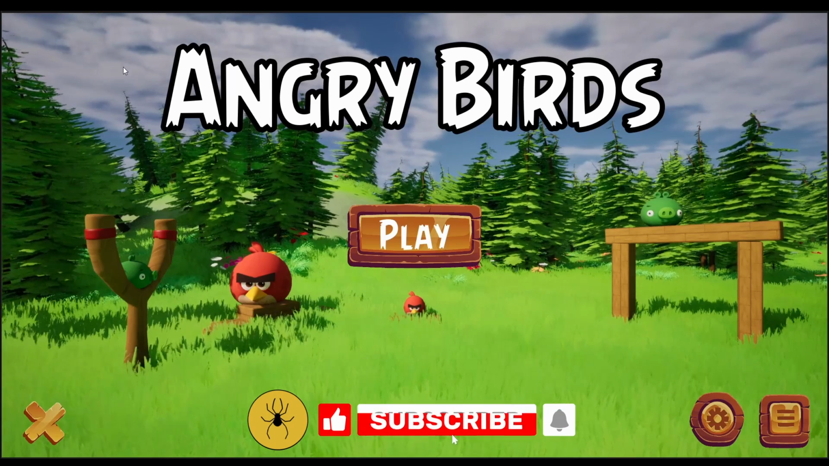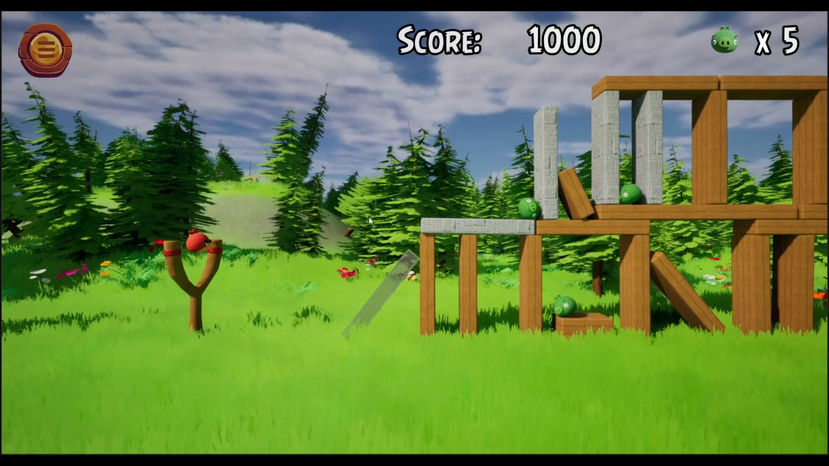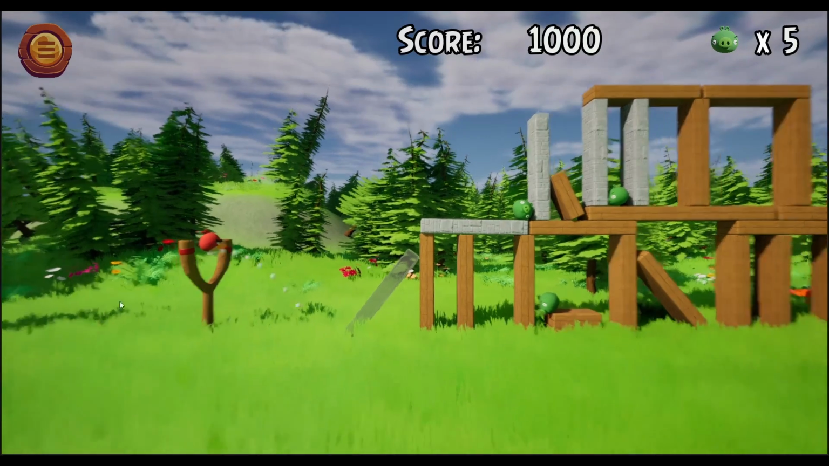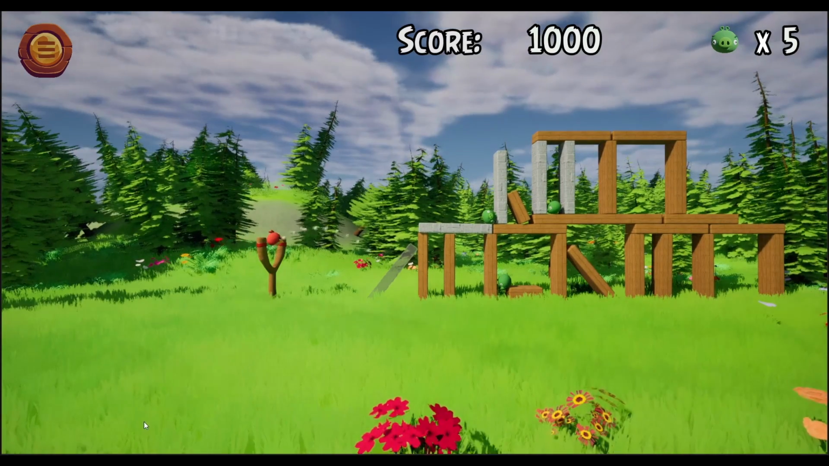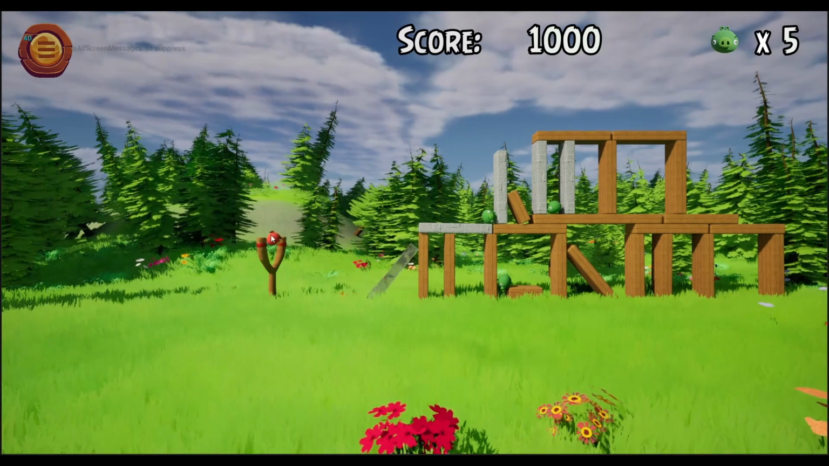Today I'll be showing you how to make Angry Birds inside of Unreal Engine. So when you open it up, there's the pigs and there's also the bird, and you can pull that back and you can see that it estimates where the bird is going to go. So you can see it just follows the line,